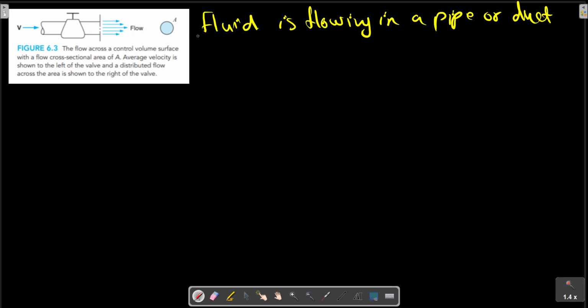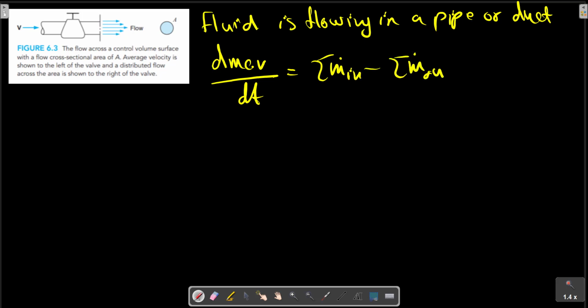We wish to relate the total flow rate that appears in the equation of mass